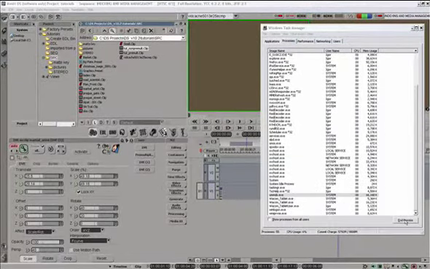When you first boot up your workstation, you'll see that the media indexer and the project indexer are working hard, and depending on the amount of media on your drives, it could be instant, or it could take sometimes as long as 15 minutes for all the media to get indexed.